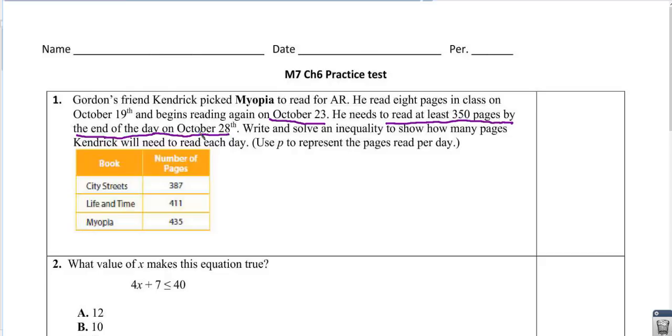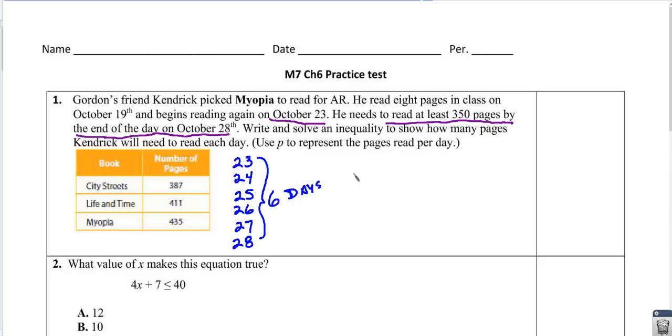One of the common mistakes made on this problem is students looking at the 28th and the 23rd and just subtracting and getting 5 days. You need to realize there are actually 6 days here. If you read the 23rd, 24th, 25th, 26th, 27th, and 28th, there are actually 6 days that he has to